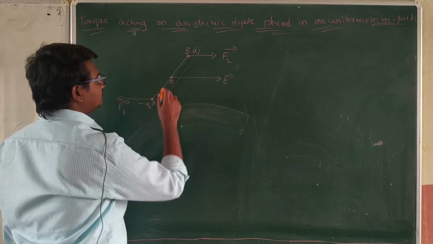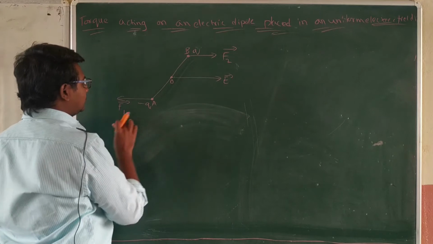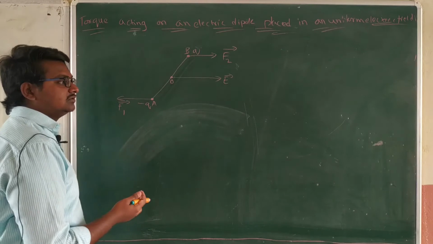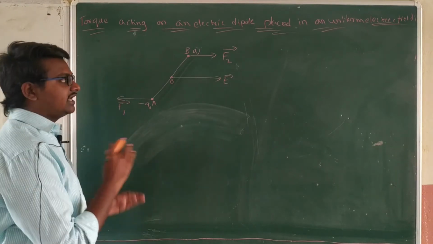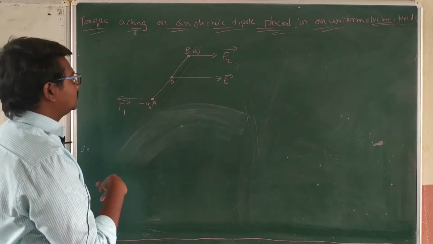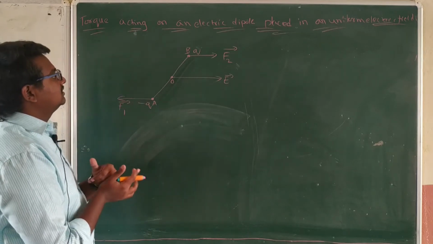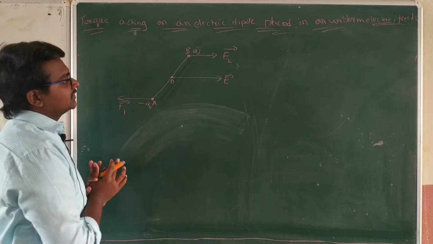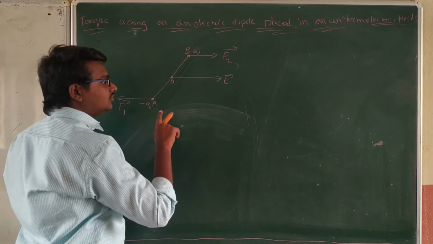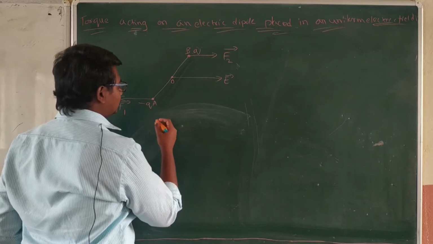It means the sum of forces acting at the center is equal to 0, but not on these two. Here the force is F1 and here the force is F2. F1 is equal to F2 when we compare their magnitudes. Their directions are different but the magnitudes are the same. Two forces of equal magnitude are acting on a particular dipole, right? It means we can make them into one single force and one single distance. Let's see how we have to do it.